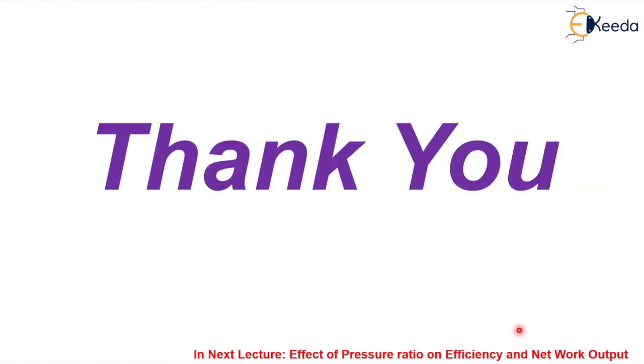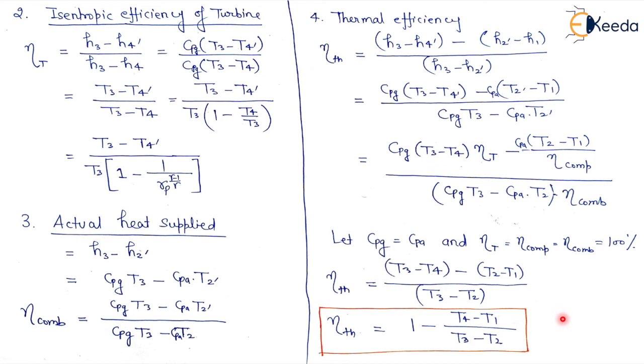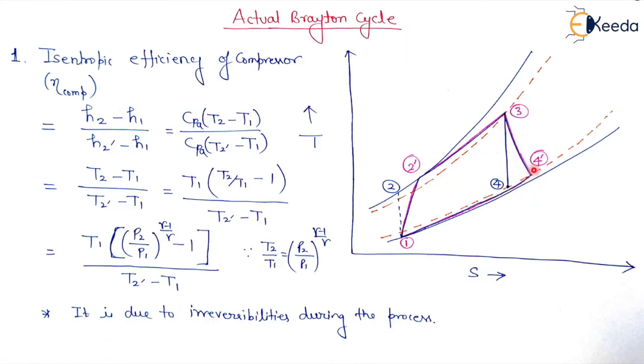Okay. So friends, in this video, we have studied the actual Brayton cycle. I explained why the ideal Brayton cycle deviates from the actual Brayton cycle. Remember, because of losses and internal irreversibilities, there will be a deviation from the ideal cycle. In this case, remember one more thing: the entropy will increase. For an irreversible cycle, entropy generation will be there. Because of that, the change in entropy will increase. Entropy will not be constant.